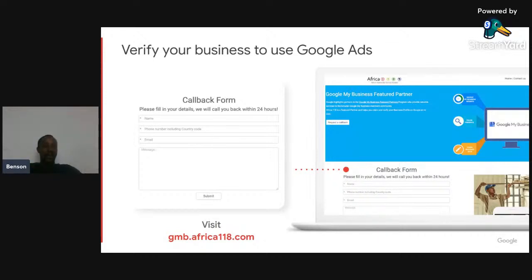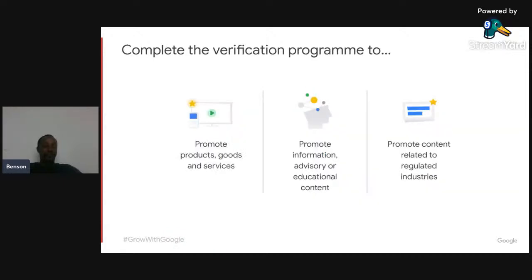Then after you have the profile, you have to populate it, and you get an identity verification email and an action notification from Google that has been requested, to complete a verification program. Then you promote products, goods, and services, and choose what you want to promote. For example, if you are promoting for retail, media and entertainment, travel, or business to business,